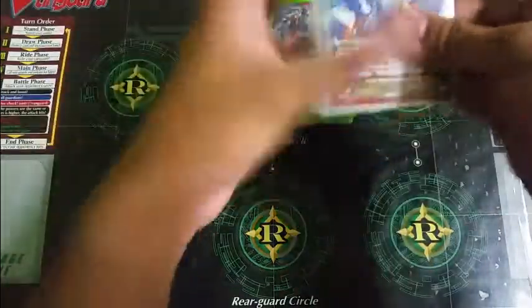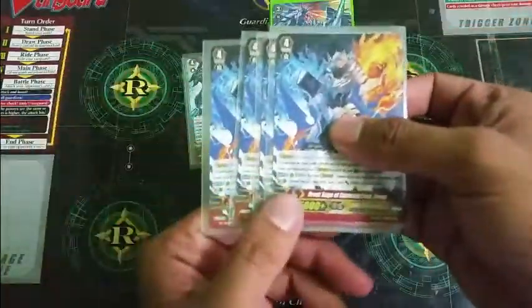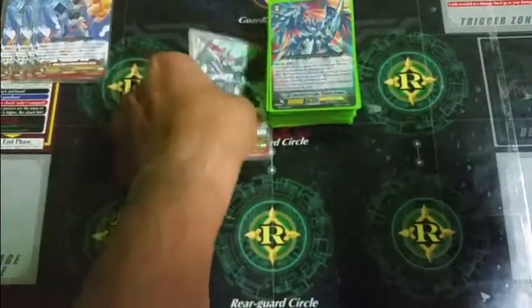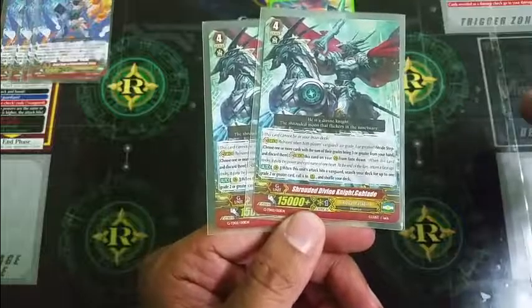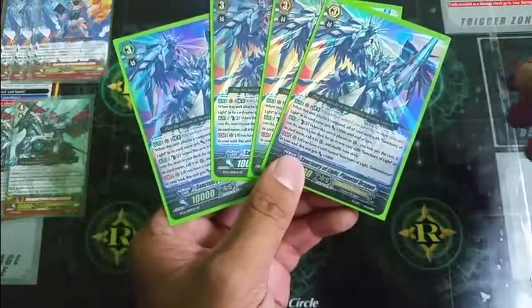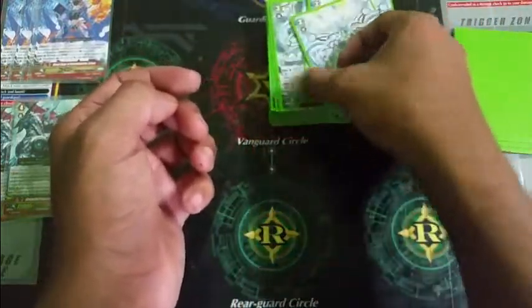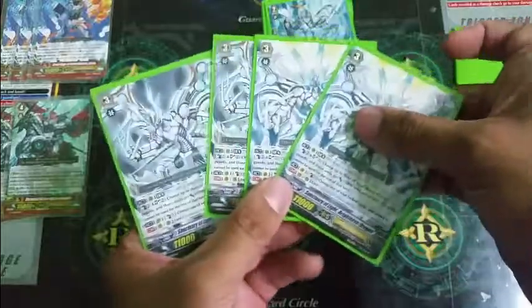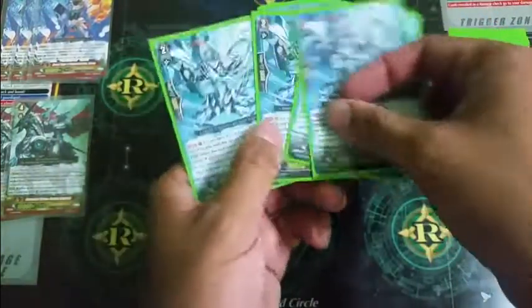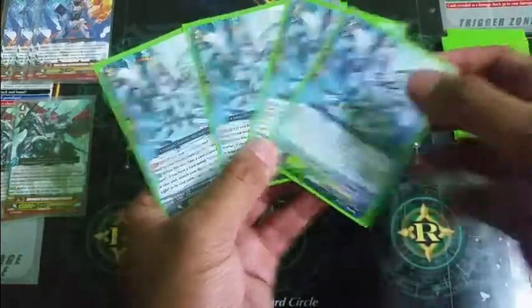Now first and foremost, I put in 4 copies of Great Sage of Contradiction, Giron, and then 2 copies of Shrouded Divine Knight, Garblade. Next up for the Grade 3s, I have put in 4 copies of Sanctuary of Light, Planetal Dragon. Next will be 4 copies of Sanctuary of Light, Brightness Dragon. And then for the Grade 2s, I put in 4 copies of Sanctuary of Light, Determinator, 2 copies of Knight of Fragment,